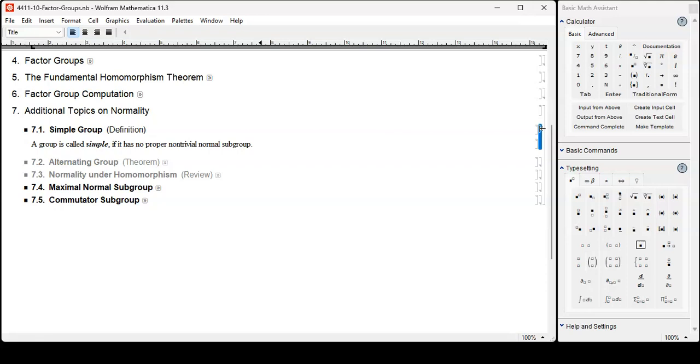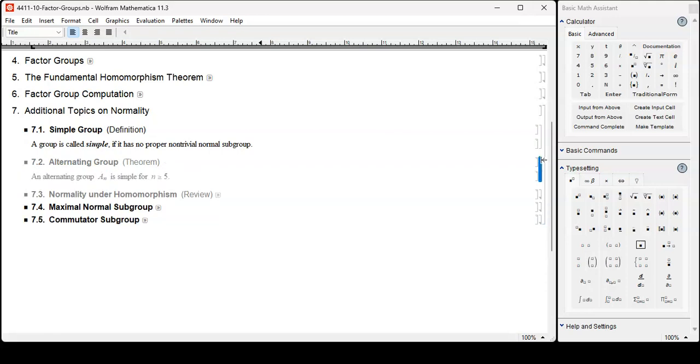As for non-abelian examples, it's really hard to find out. One thing I do know is this: the alternating group A_n for n greater than or equal to 5 is simple. And this is humongously important in abstract algebra 2 for field theory, as a matter of fact, because there we'll have to prove that